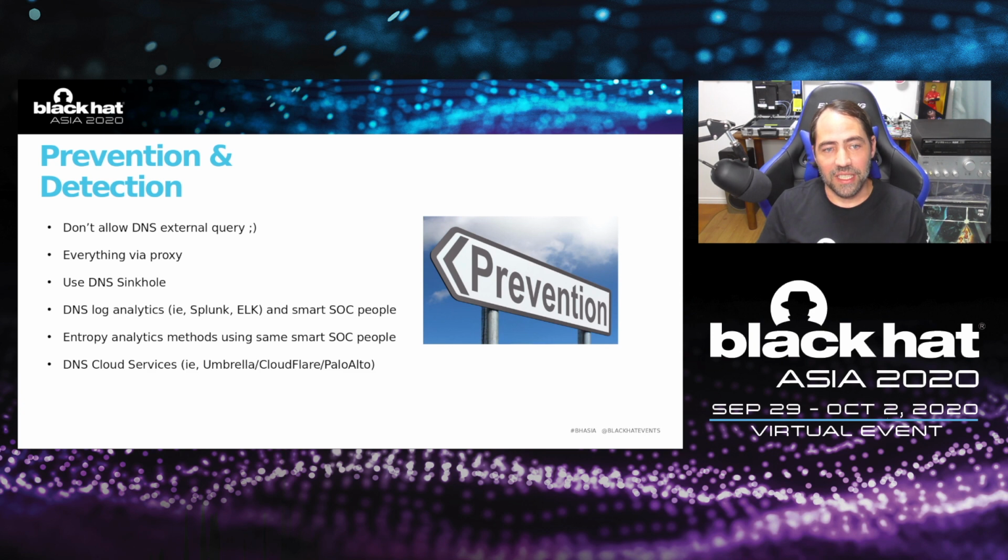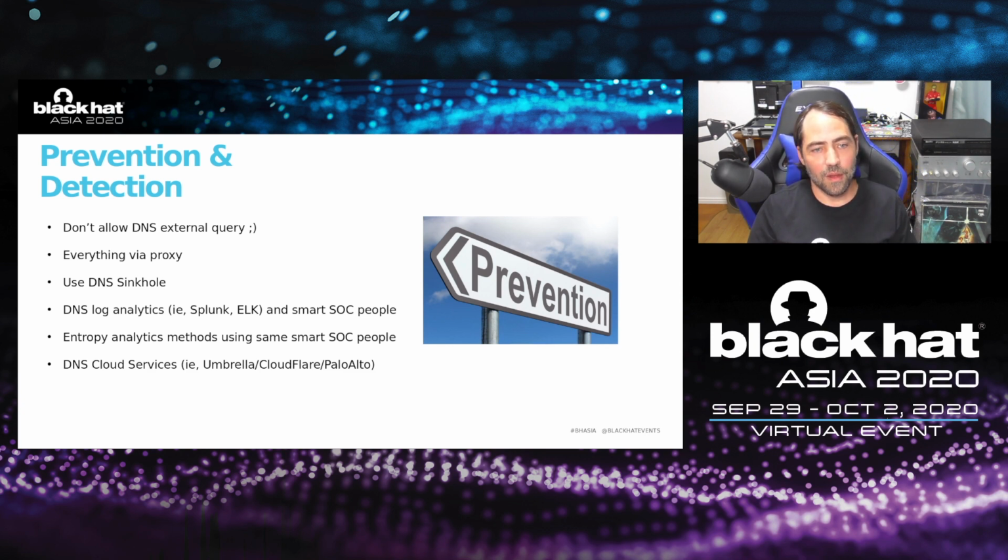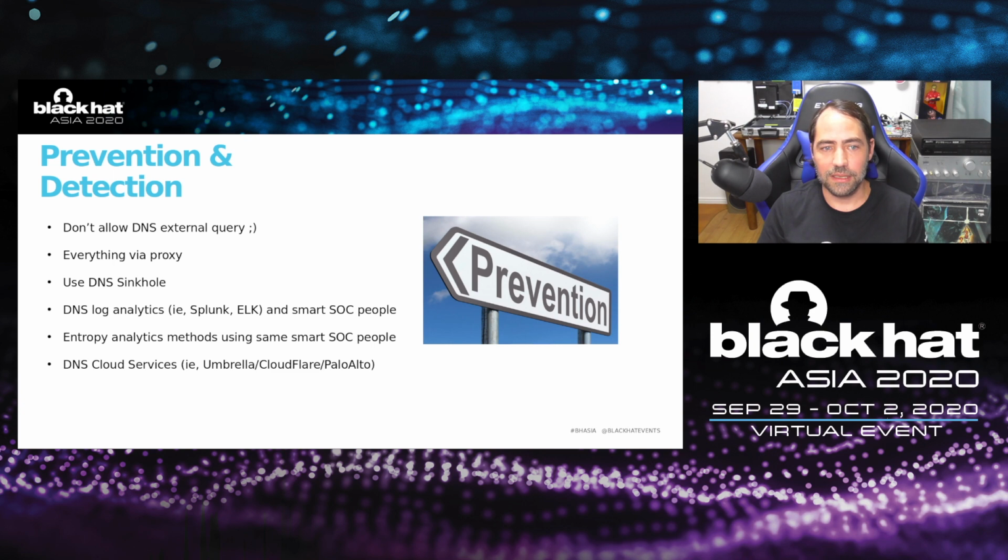All right, prevention and detection. Okay, how do we prevent this, right? Well, it's quite straightforward. We just don't allow external DNS queries to work from internal networks. That's great, an easy fix. The only condition is that by doing this, we probably break half of the company, and if we have a hybrid cloud, it will be very painful to make it work, due to the nature of the cloud actually needing external DNS resolution. So that's a tricky fix. It can be done, but it's tricky.